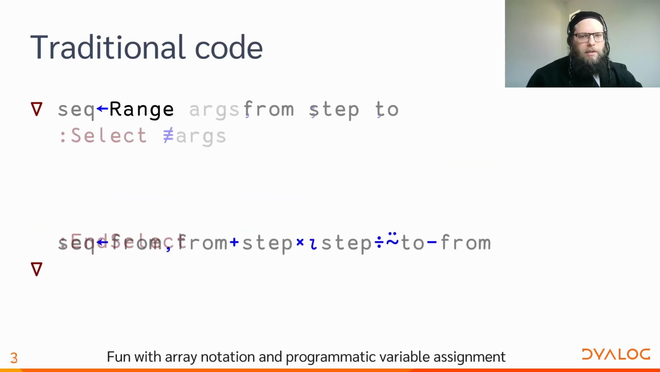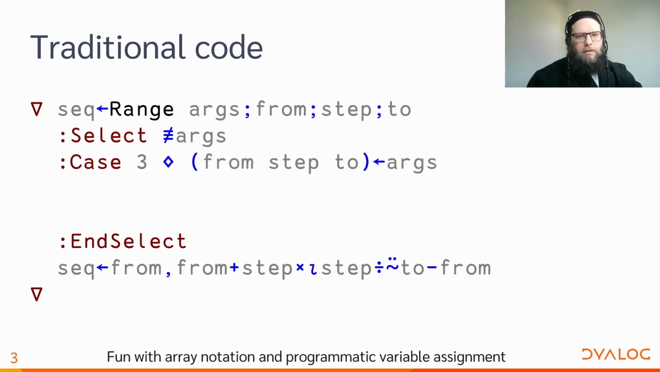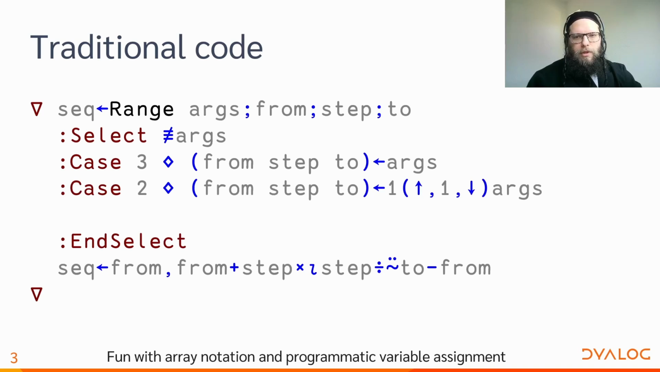But to be a utility function, we want it to have as much utility as possible. And very often, we don't want to specify all the parameters. So let's say that if we specify all three numbers, then it's indeed the from, the step, and the to. But we also want to be able to leave out the step. It's pretty obvious. If you're leaving out the step and just do from and to, then we should keep a